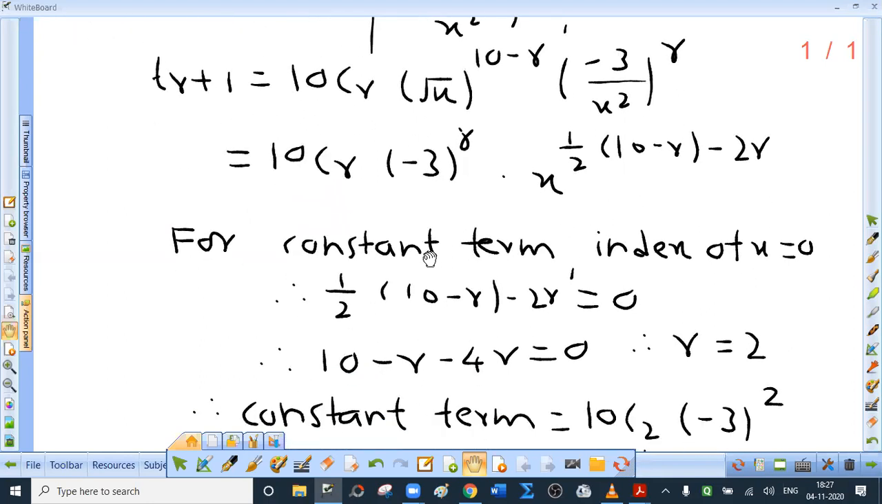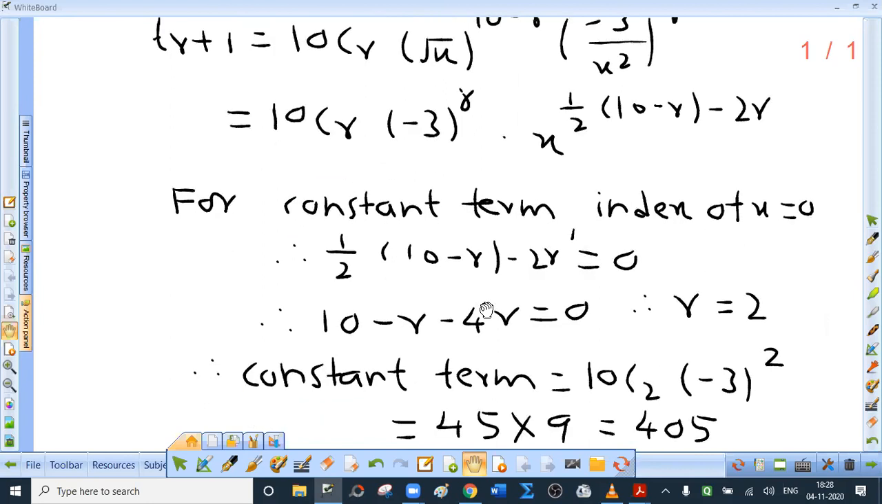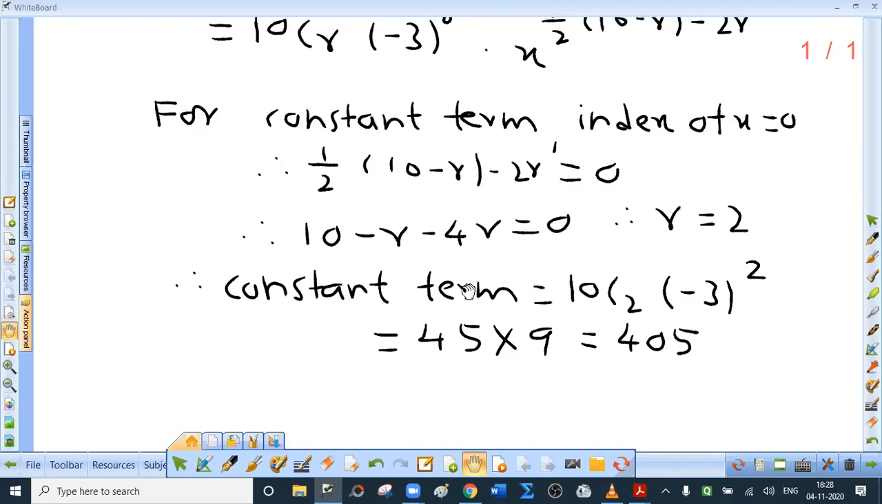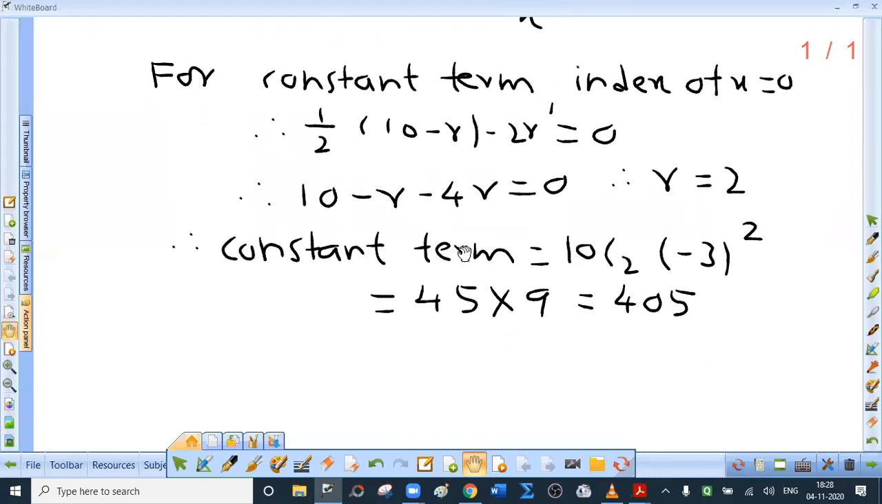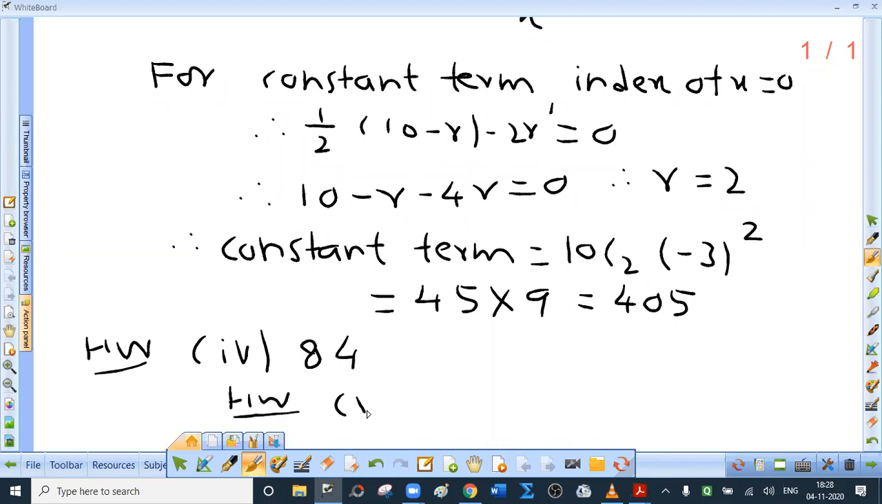Now for the constant term, the index of x equals 0. So equate this index with 0. That gives you r equal to 2. So the constant term is 10c2, which is 45, into minus 3 square, which is plus 9. So 45 into 9, that is 405, is the constant term. Now the fourth and fifth are for homework. For the fourth sum, the answer is 84, and for the fifth one,